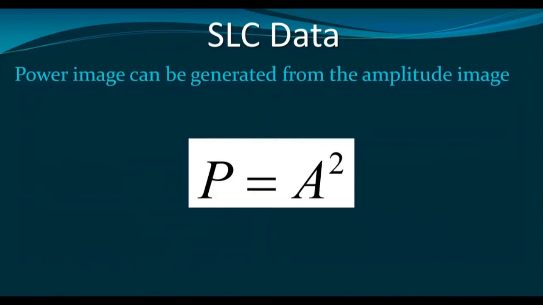And in case of amplitude image, you have to understand that the amplitude image is also called the intensity image. For each and every pixel, we shall have only one value, that is the brightness value or the DN value, that is necessary. This DN value or brightness value needs to be generated from the I and Q components. And the formula is very simple. Amplitude image is equal to the square root of I squared plus Q squared.